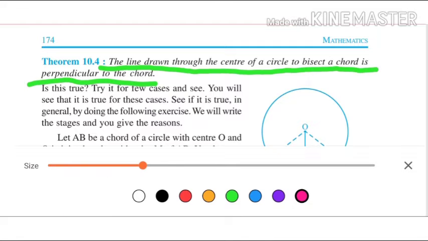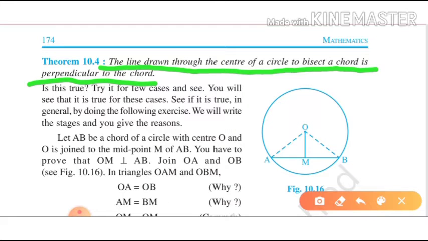That means if you draw a line from the center of a circle to any chord such that it divides the chord into two equal parts, then we have to show that this line